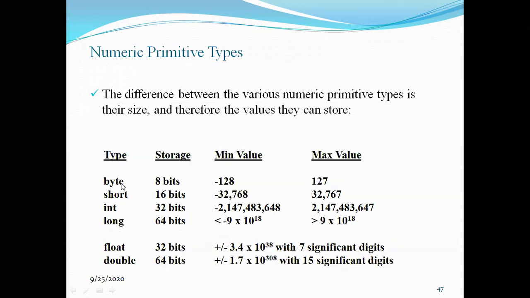If you declare the variable as a byte, then it will allocate 1 byte or 8 bits of storage. This is the minimum value and maximum value it will take, right? And if you are declaring a variable like byte a equal to, assigning the value, and in the program you assign an integer value to the byte,